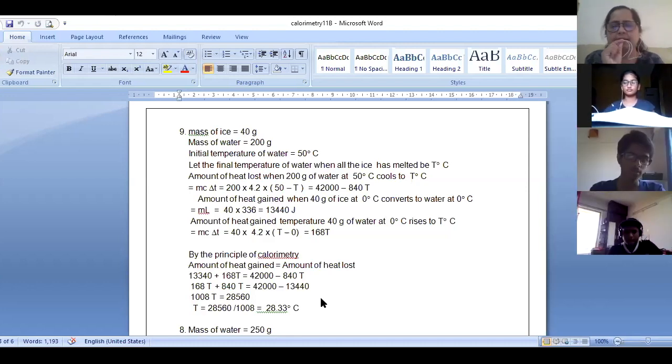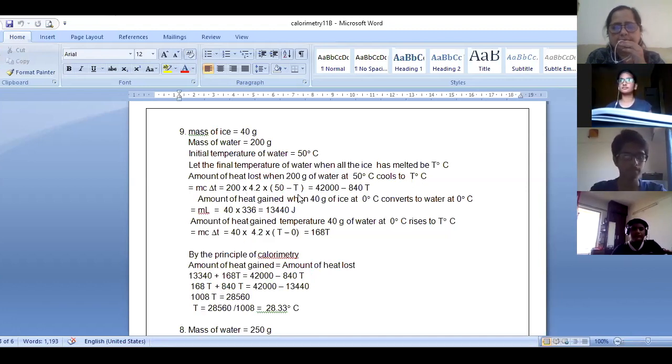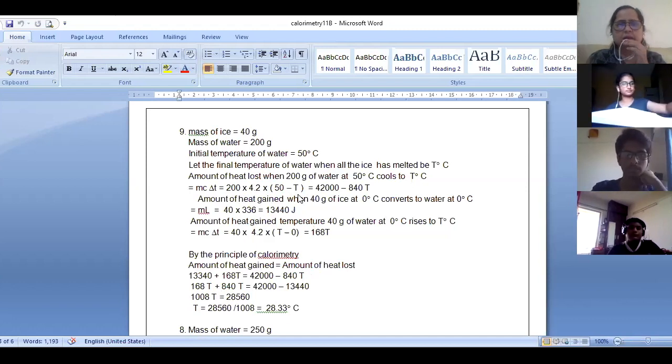Now the next one, yes, anybody? Yes, Aditya asked me. In the ninth, the second one, amount of heat gained when 40 grams of ice at 0 degrees converts to water. That is latent heat. Is it latent heat, that one? Yeah. Of course, 40 gram of ice, yes, that is latent heat. So see here, what is going to happen, Aditya? Water was at 50 degrees. It is going to come down, okay? Ice is a block, okay? Ice is at 0 degrees Celsius. That ice is going to melt, and after the ice melts, whatever water is formed on melting, that also is going to increase the temperature, right? So there are two steps to be followed.